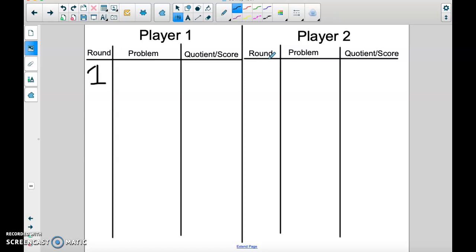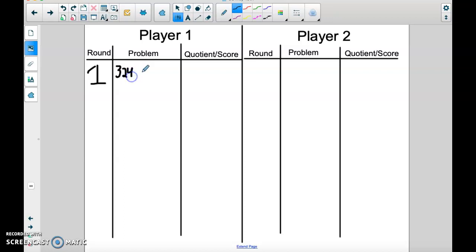And I picked a 7, 4, 2, 1, and 3. You can check my math here. So the problem is, I can arrange those in any order that I want. But remember, I'm trying to get the biggest quotient possible. So I think what I'm going to try is